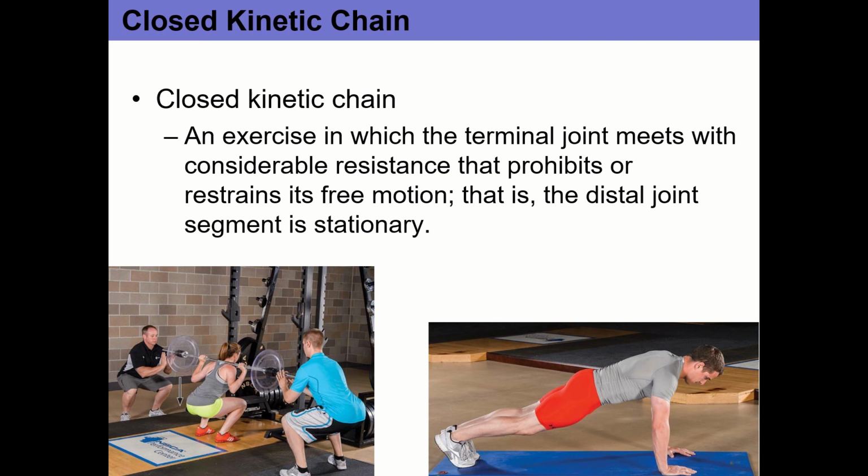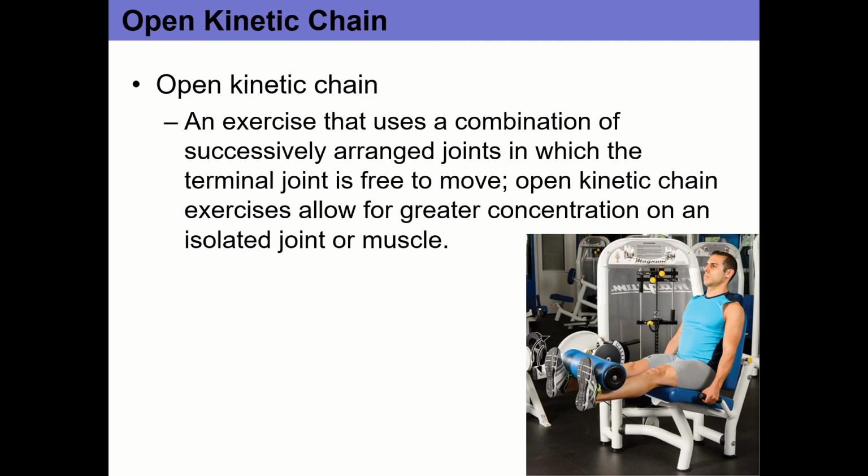As opposed to open kinetic chain, the foot is able to move relatively freely. So this is open kinetic chain. Another thing you'll see with open kinetic chain would be things like running is kind of a combination, as we'll talk about here in a second. In the case of upper body stuff, open kinetic chain would be like dumbbell presses, because you're holding the dumbbell, but the dumbbell can move in all three planes, and so that's an open kinetic chain. Your hand isn't fixed to anything.